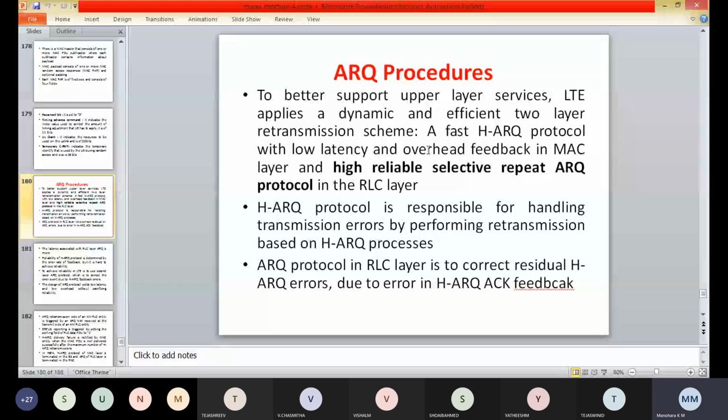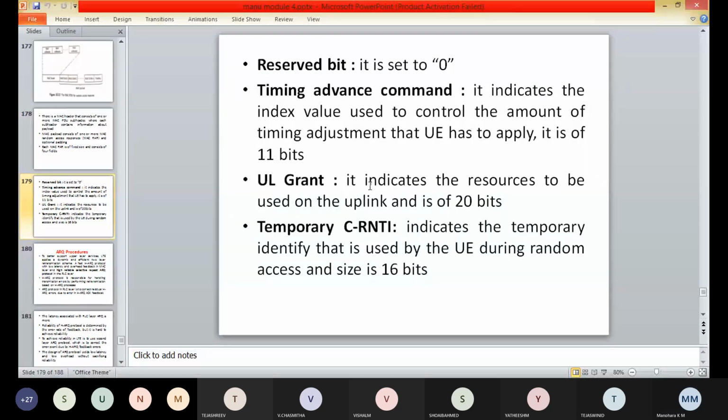So moving on to next, we have the ARQ procedures. Here a highly reliable selective repeat ARQ protocol is used in the RLC, and a fast HARQ protocol with the low latency and low overhead feedback is used in the MAC layer.